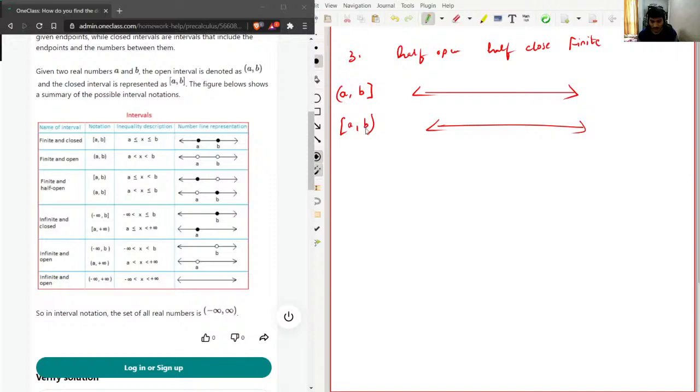The same applies here. The value of b is not included, but a is included, and all the values between a and b are included. So if I draw